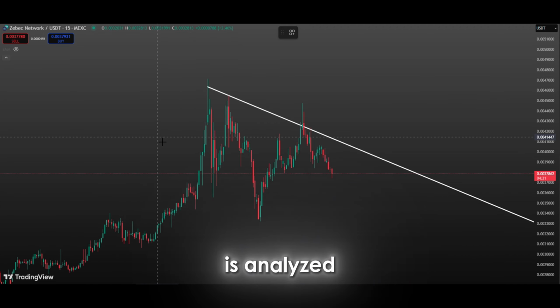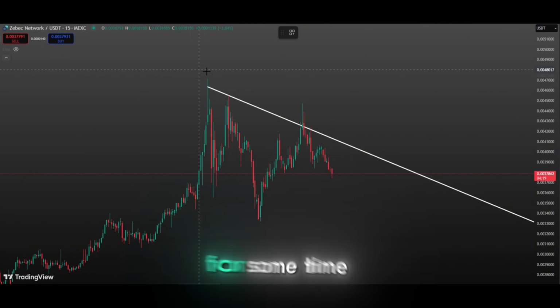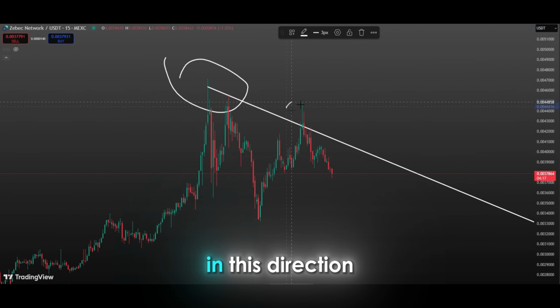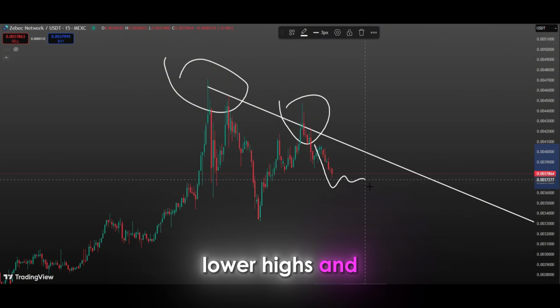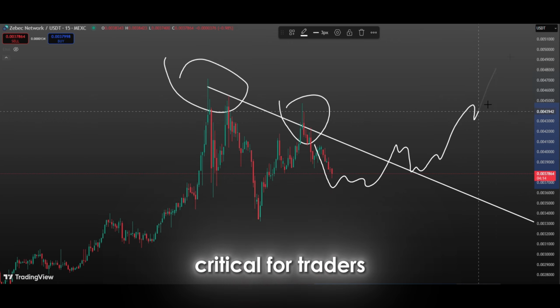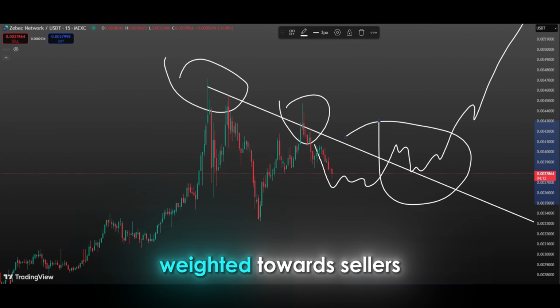When the chart is analyzed, it is clearly seen that the current price action has been in a downward trend for some time and has formed a clear downtrend structure in this direction. This trend has taken shape over time as the price has made successively lower highs and lower lows. In technical analysis, such patterns are critical for traders, indicating that the market is temporarily weighted towards sellers and the